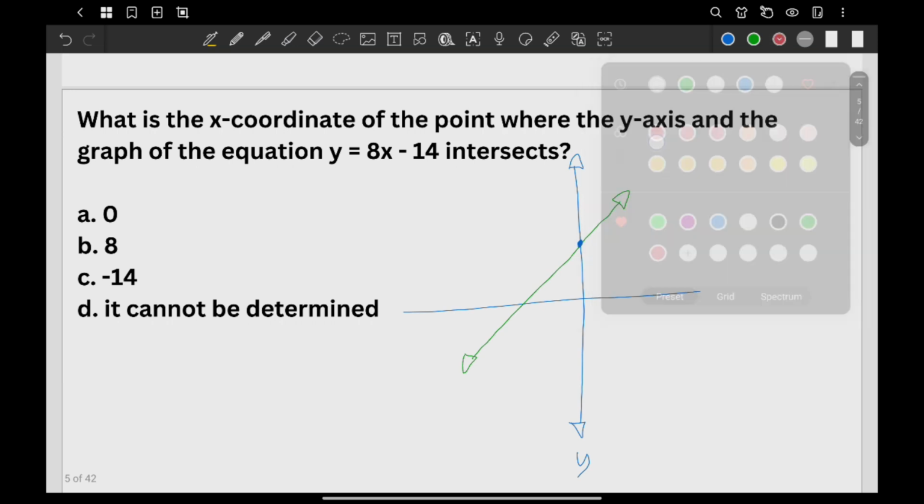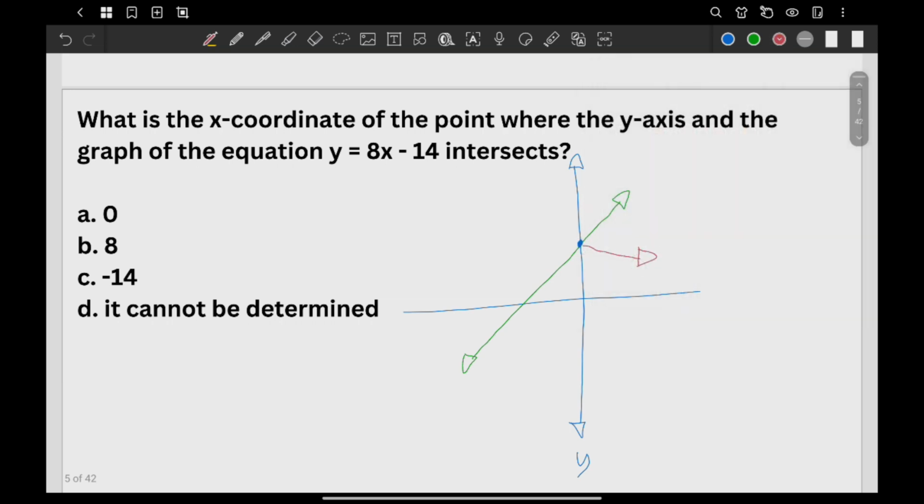To simplify things, that one is the y-intercept, right? When you say y-intercept, it is a point on the y-axis wherein the line intersects, and the value of x there is always going to be 0. That's how we define y-intercept. So the answer here is actually 0, whatever the equation is. I hope this one is clear.